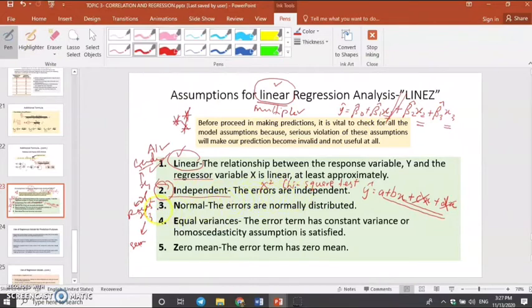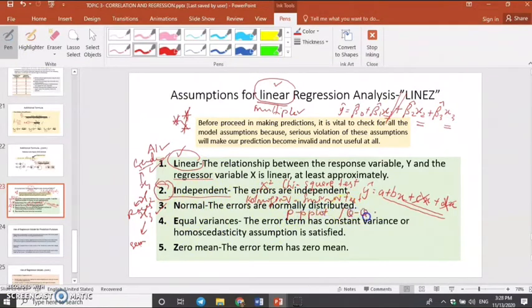Okay. So the next one, the third one, is normal distribution. For this part, the errors are normally distributed. You have to perform the Kolmogorov-Smirnov test. Actually, you need to know this assumption because we are learning about linear regression. It is one of the important parts. You need to identify how to perform this test. For normality, use the Kolmogorov-Smirnov test or you plot a PP plot